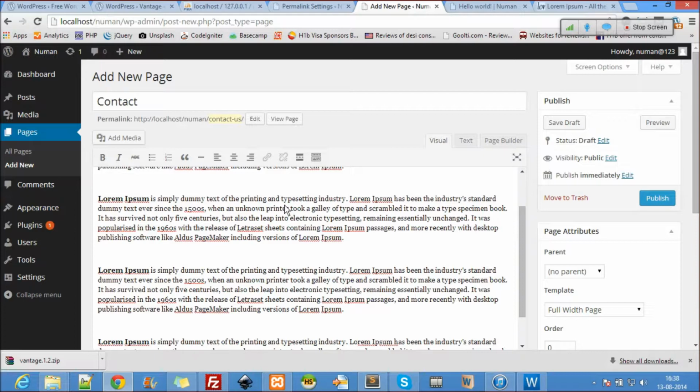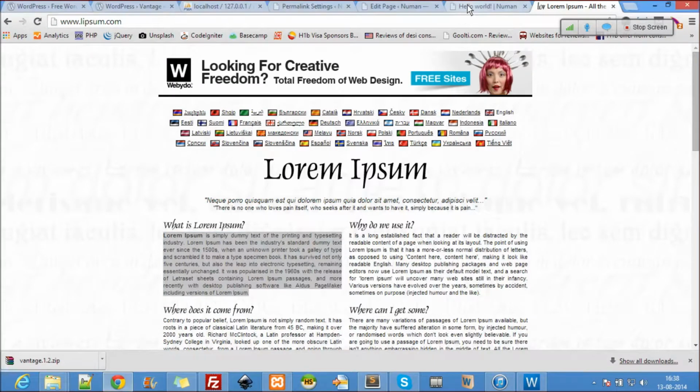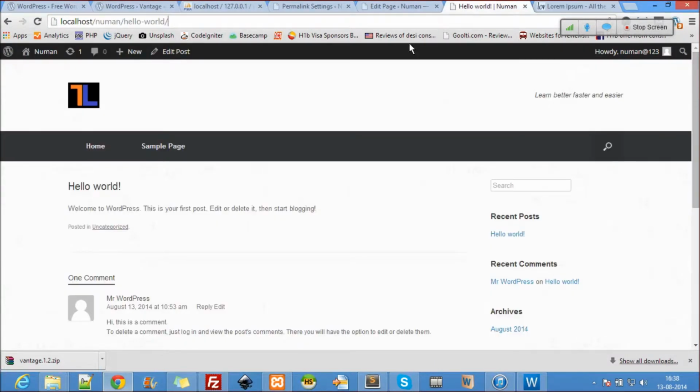Okay, so then you can say it's in draft mode. Now you can see it here. If it's in draft mode, it won't be available to view from the front. So I'll say publish. Okay, now I go to the front here. I refresh. So let me just go to the home page. When I click on the logo, it should go to the home page. So it's going to the home page. Good, you can see it here, contact.